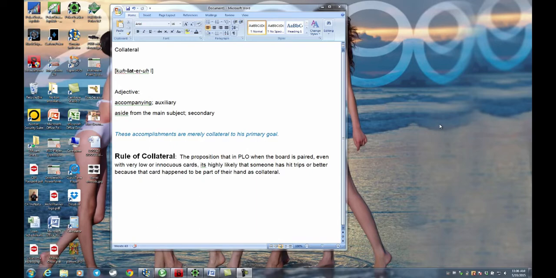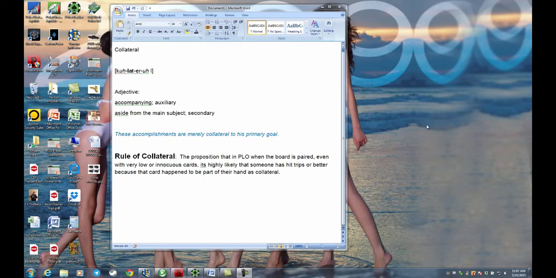And when he's speaking with the police about it, they refer to his family as collateral damage, which is the title of the movie. They were not the target. They weren't primary. They just happened to be there. They were a secondary object that was killed as a result of the terrorists wanting to blow up the restaurant and kill someone else. So how does that apply to pot limit Omaha?